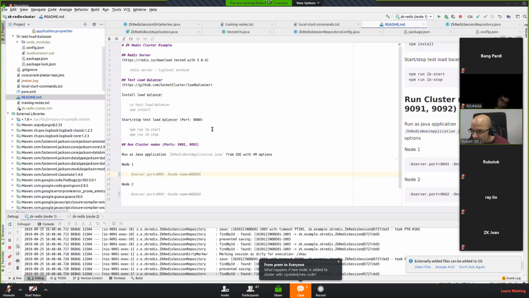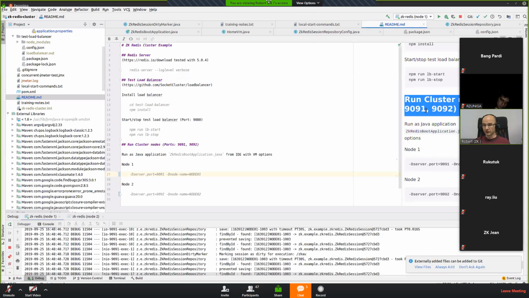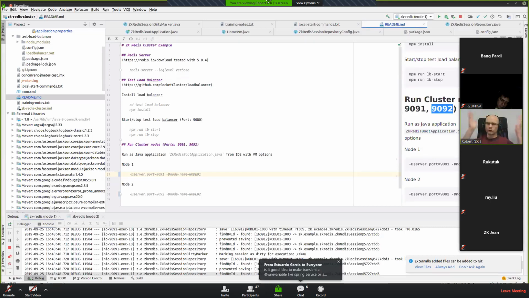Oh, there's a new question. What happens if a new node is added to the cluster? I think I demonstrated this. What happens is that if a new node is added, the load balancer should be clever enough to route new traffic to this node if it decides that this node should receive the request. ZK doesn't even know about it. When ZK receives a request, you see on port 90, 91, 92, 93, 94, 95, whichever port you want,